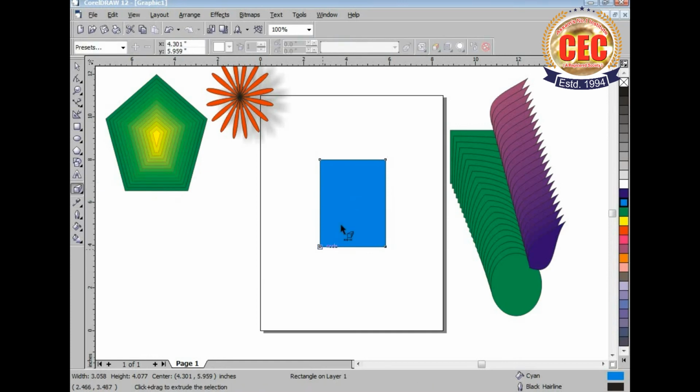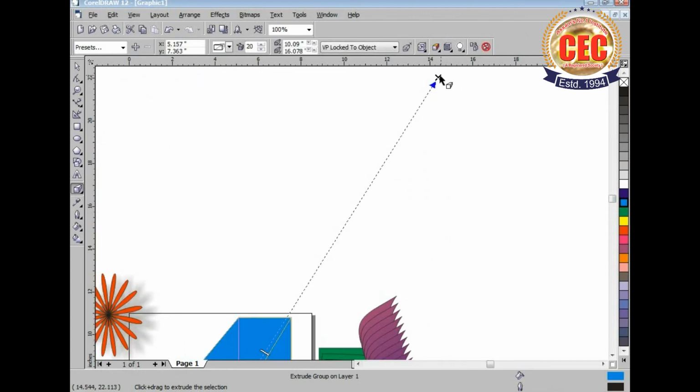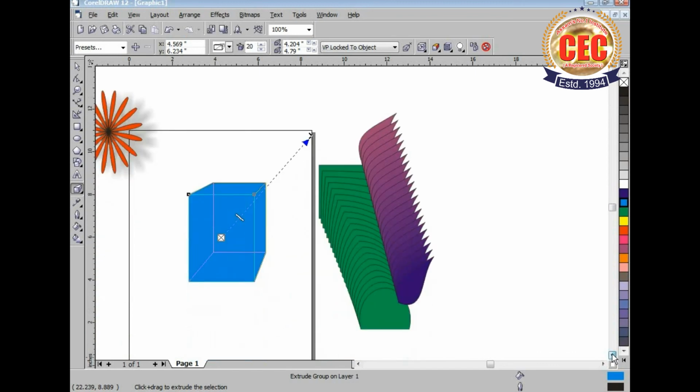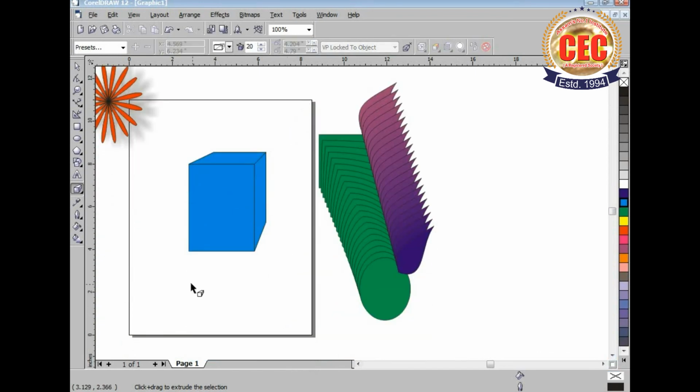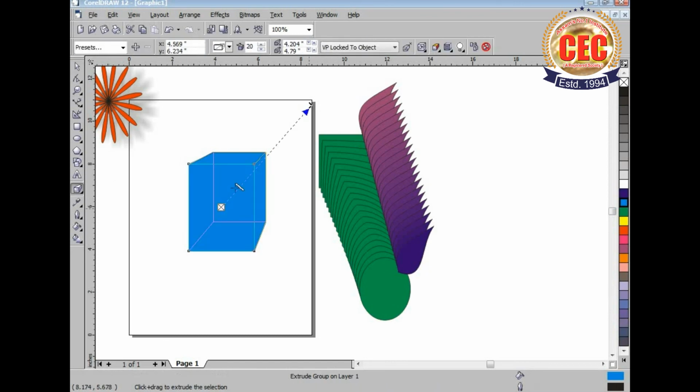After that, select the interactive extrude tool, then drag it this way. So a 3D shape has been created. This is a cube created by using the extrude tool.